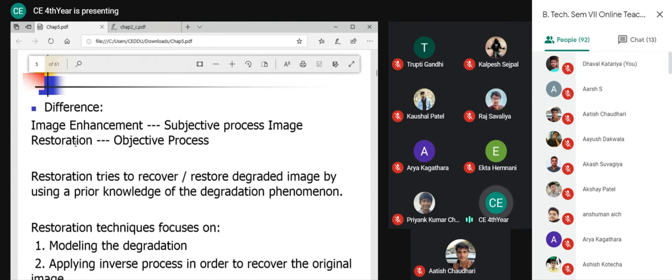Now we are doing restoration, does the same task of enhancement, right? But it is an objective process. That means now I will have equations. If I apply this equation logically, we will understand why it happens. And if I apply those equations or those filters that we will design now, definitely it is going to solve the issue of that specific type. It will be objective how much it is solved, that you can easily identify.